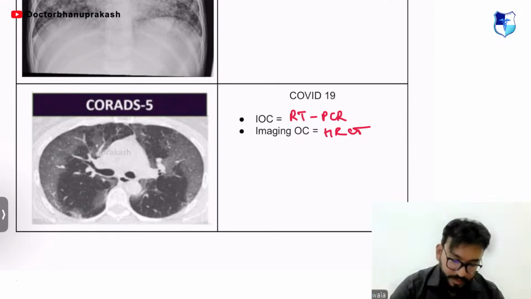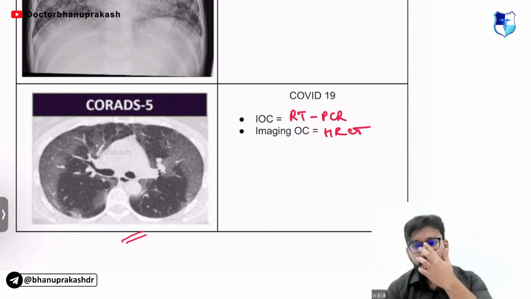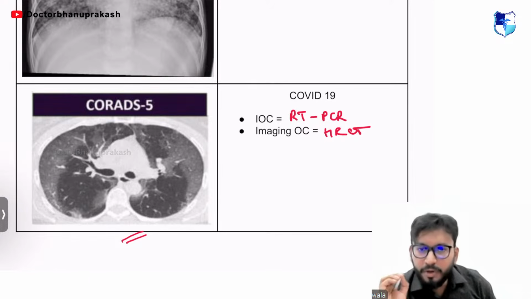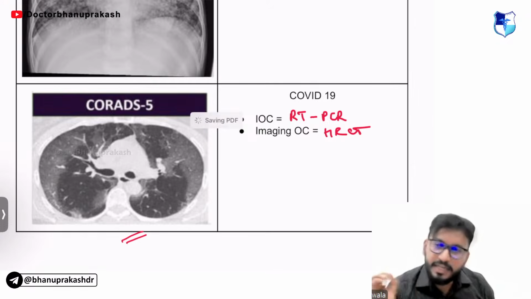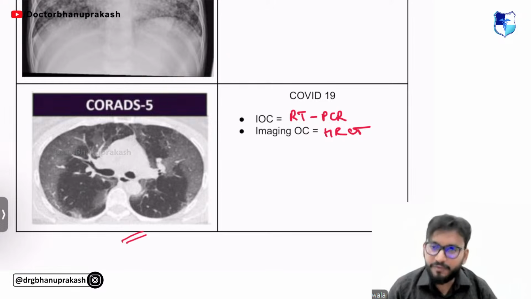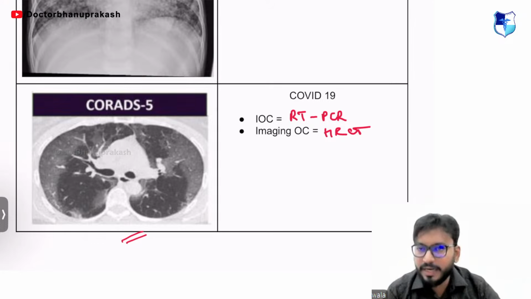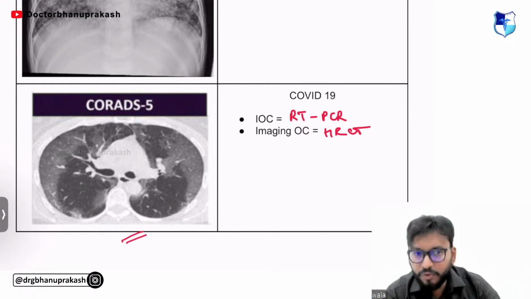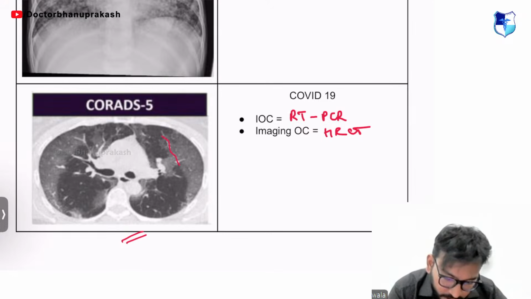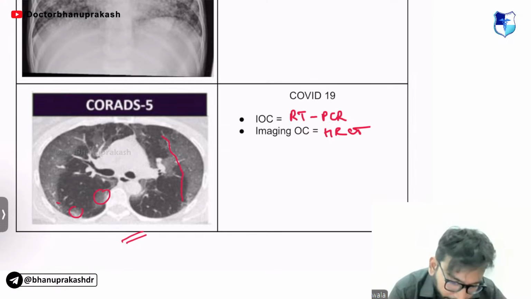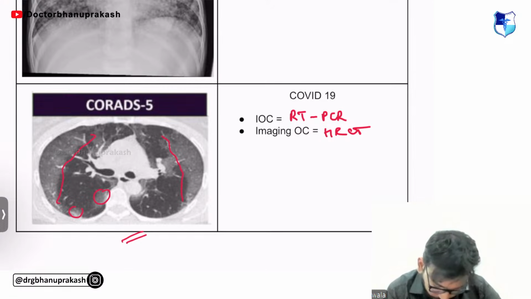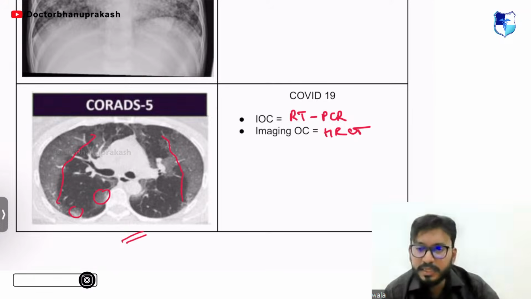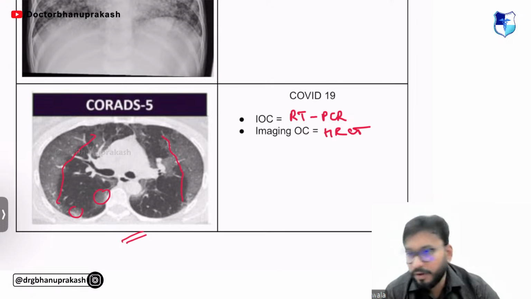Okay. Right, so look at this. Now I've shown you something very specific. If the examiner wants to ask COVID imaging to you guys, this is what he will most likely give you, because this is very highly suggestive of COVID-19. This is known as CORADS 5. CORADS is the COVID reporting and data system, which is there for HRCT. What you have to do is look at the lesions. This is CORADS 5: multiple peripheral bilateral GGOs, ground glass opacities. This is very highly suggestive of COVID.